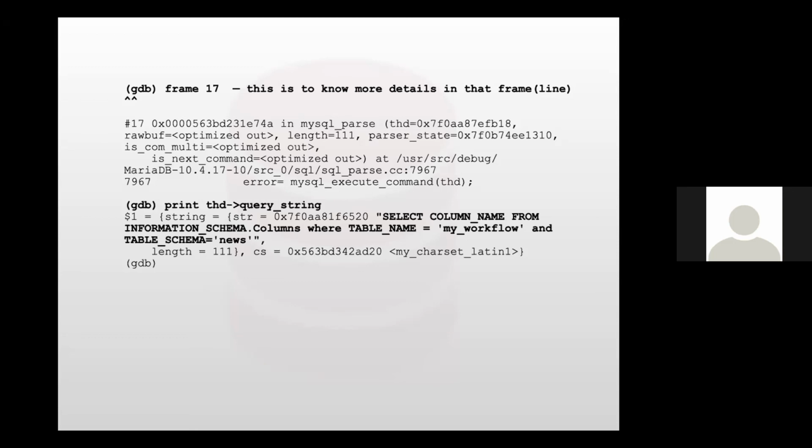So this was the reason. When we tried to disable the audit plugin, the server was running fine. This is how we found it, and finally Monty fixed that bug and solved this issue.